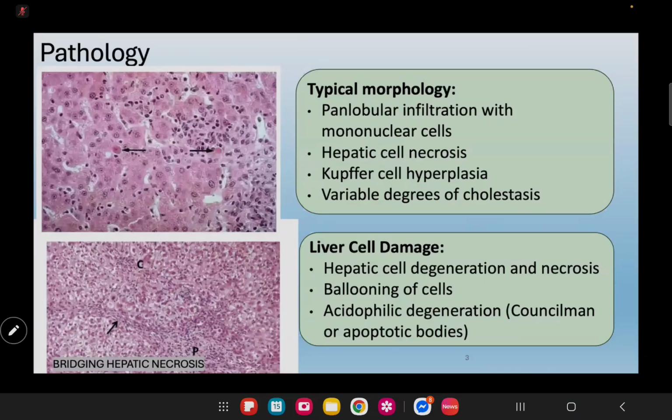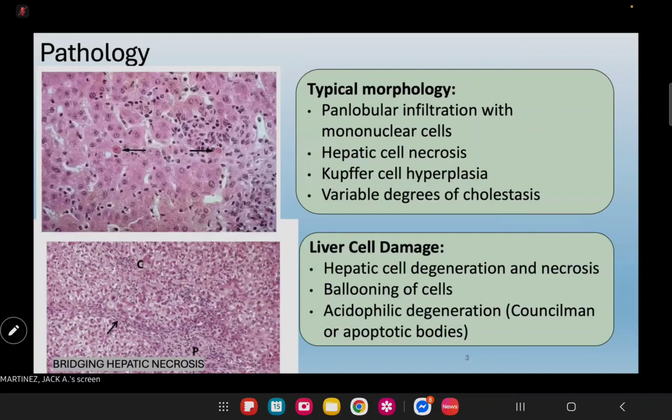Now let's move on to the pathologic changes seen in acute viral hepatitis. So the typical morphology here is panlobular, meaning to say all the lobes of the liver are affected and infiltrated with mononuclear cells. It is accompanied by hepatocellular necrosis and Kupffer cell hyperplasia. We may also observe variable degrees of cholestasis, or impairing the